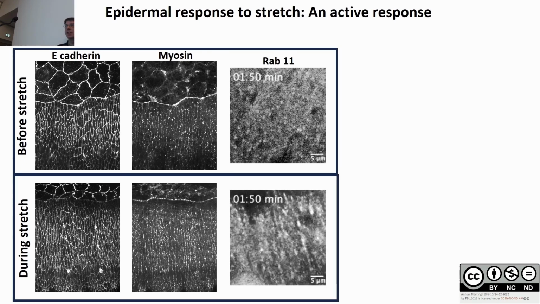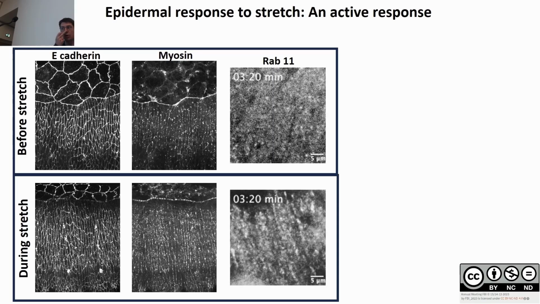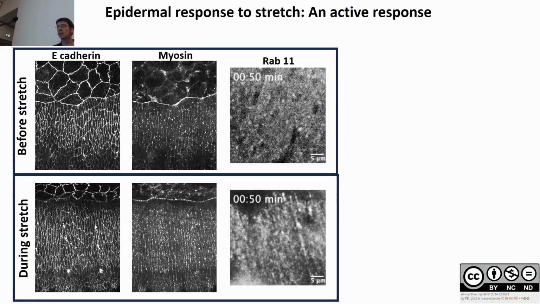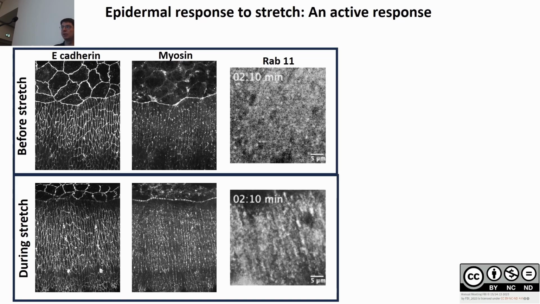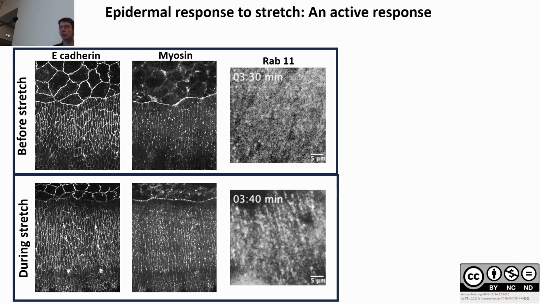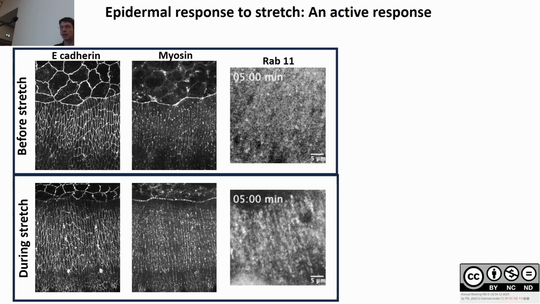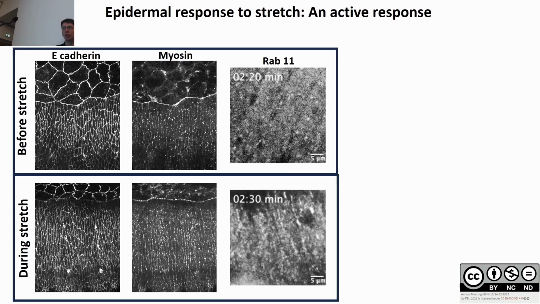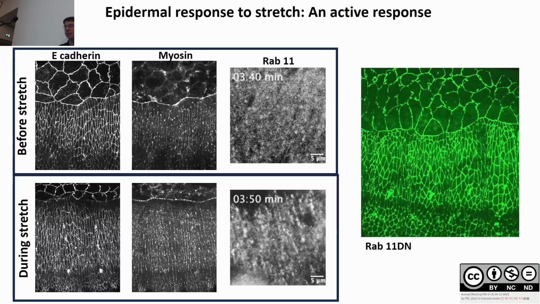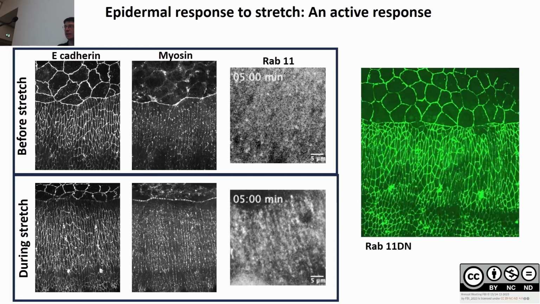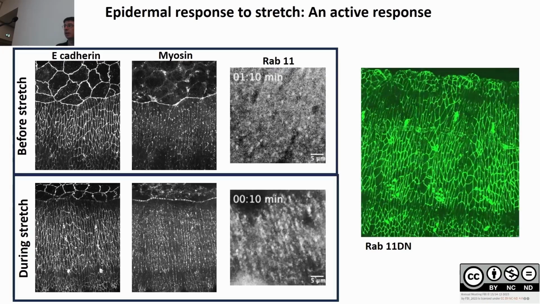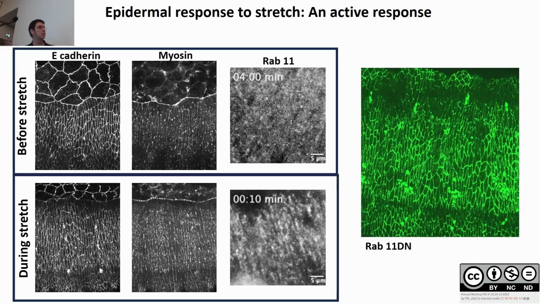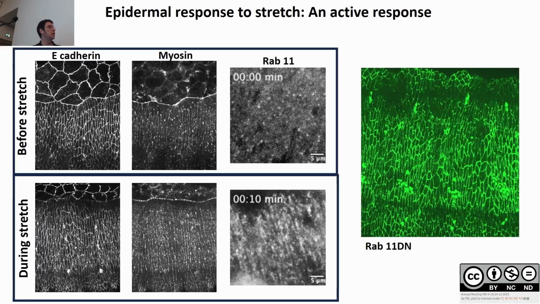And more interestingly, there is also polarization of membrane recycling. So we look at recycling events, and what we could observe is that before there is low activity of recycling, and during there is a higher activity, in this region, and there is polarization of the recycling. And if you affect this membrane recycling specifically in this region, in this Panier domain, then the cells do not elongate to the same extent, and you have defects, so it does not happen. So this is active. There's an activity.